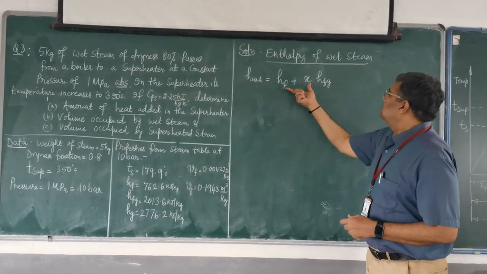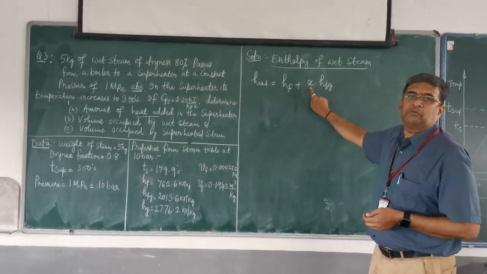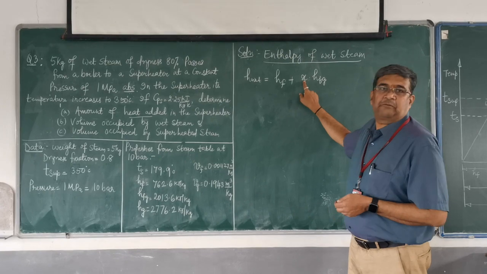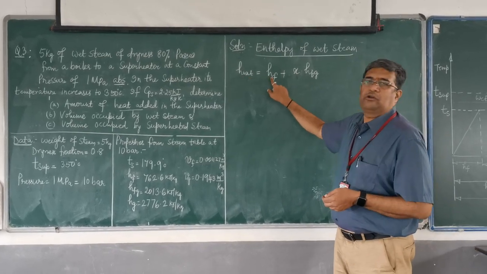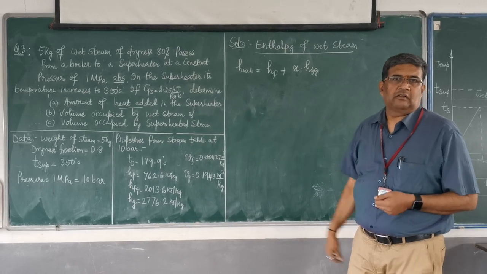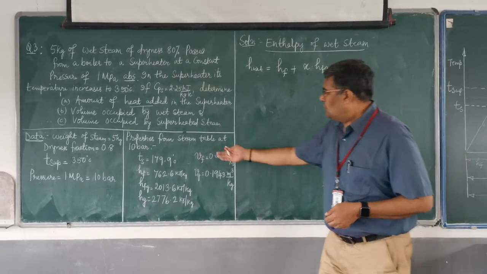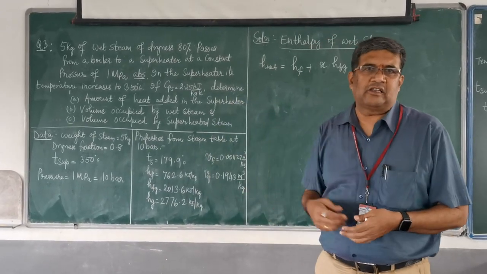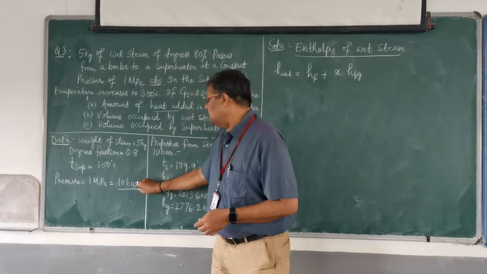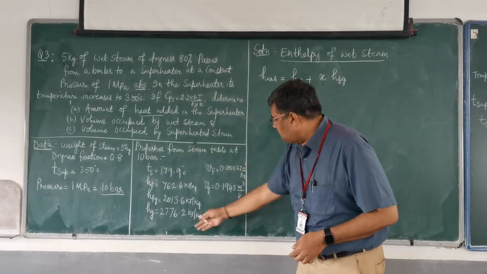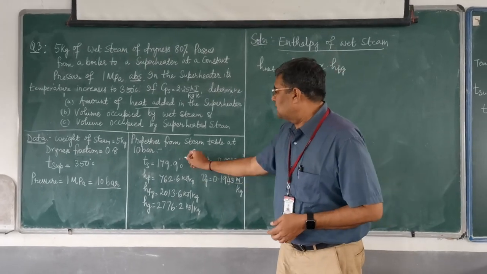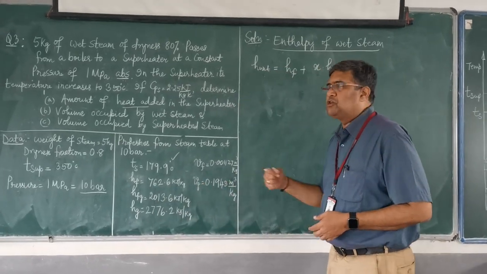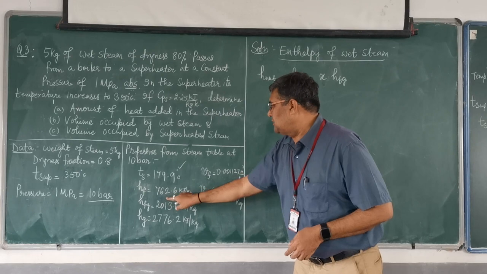Again, we know that the moment X becomes 1, this becomes the enthalpy of dry saturated steam. If X is 0, then H will be equal to HF, which is boiling water, saturated water. I have already told you how to look up the steam tables. So at 10 bar, 1 megapascal is 10 bar, I have written all the properties, looking at the same steam table. So the saturation temperature is 179.9, HF value is so much, and so on. All these values have been mentioned. So HF is nothing but 762.6.